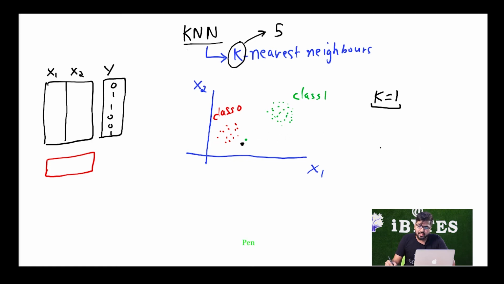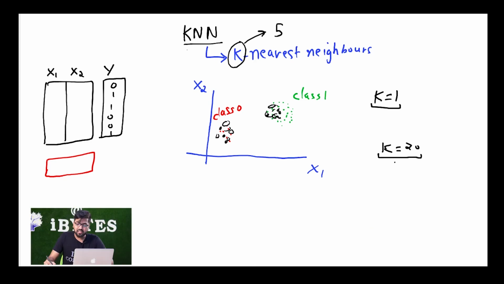Similarly, if I take the value of k as very high, let me change my data set a little bit. Let's say I have only 9 points in class 0 and in class 1 I have plenty of points. Now if I take k is equal to 20 and my data point lies somewhere over here, it is very clear that this should be labeled as class 0, but as per our algorithm, it will try to find 20 nearest neighbors. So all 9 of these class 0 points will come into the picture, but 11 points will come from here.